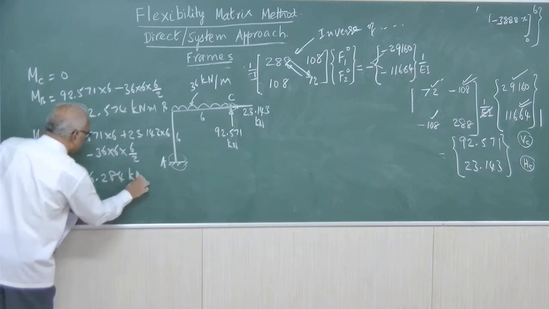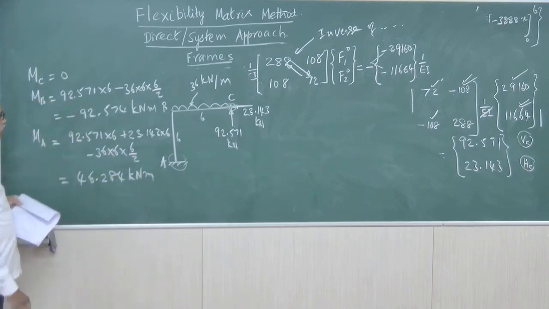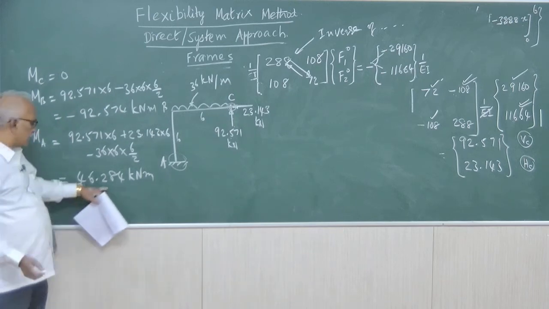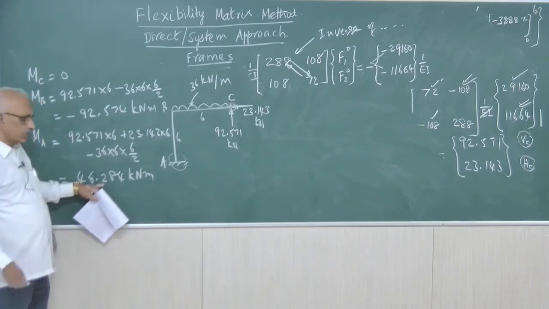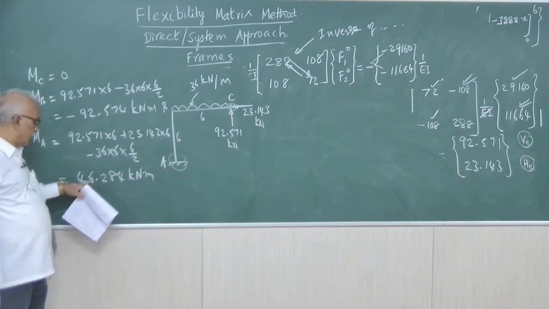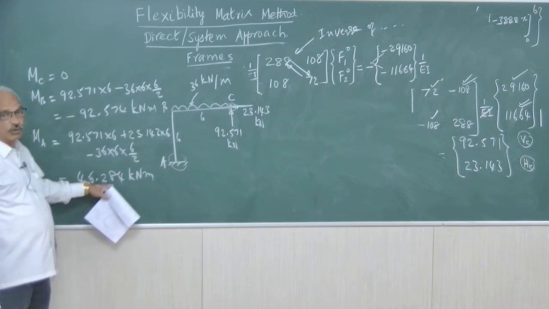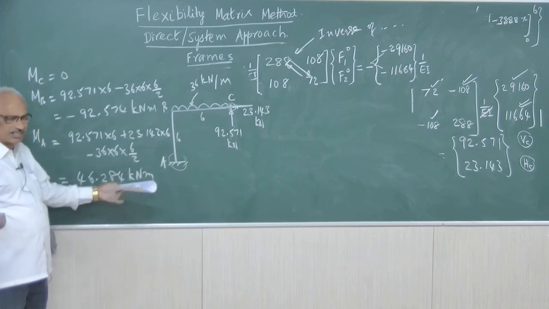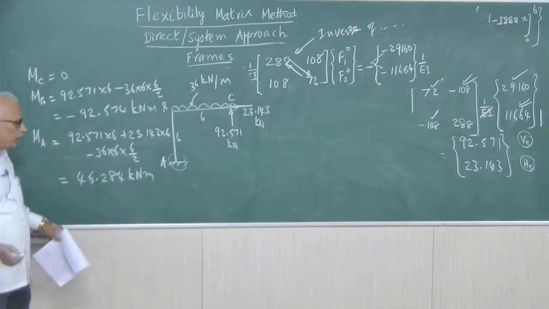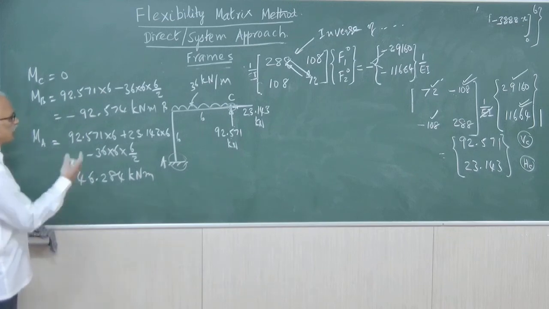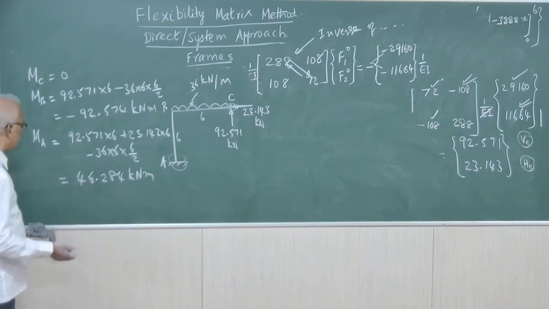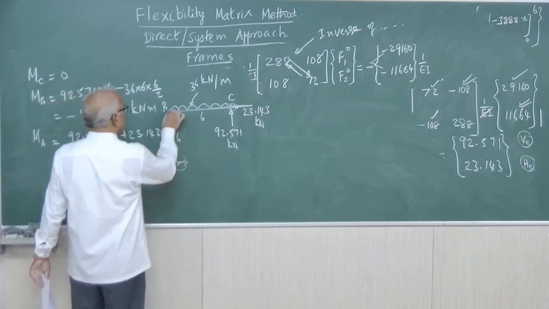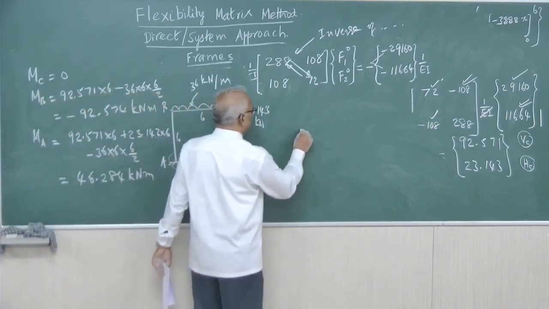So this on calculations will give you MA equal to 6.284. See, every method will give a change in the decimals only, because in another problem by some other method this may be 46.244 or 46.444, like that. There will be a slight deviation depending upon the accuracy that we adopt in the calculations. Right. Now we have got MA, MB, that is in the frame.